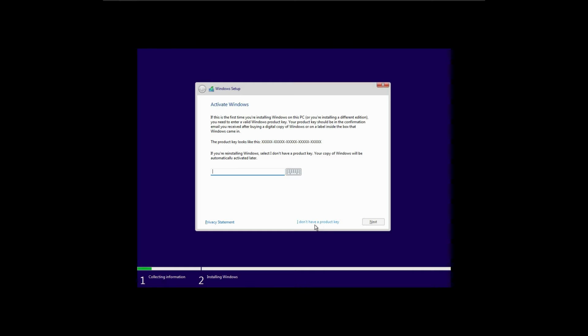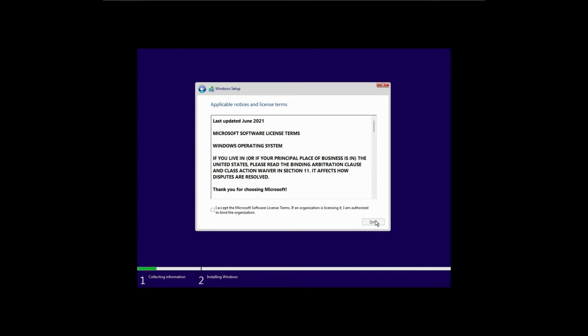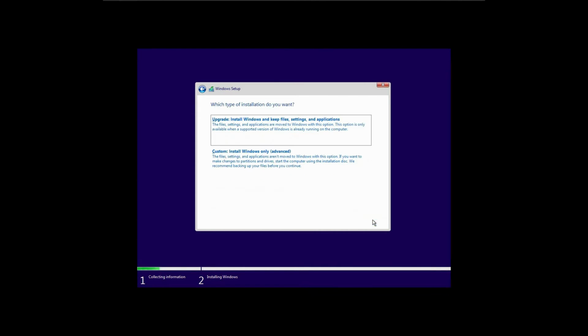Here just click on I don't have a product key, and here there are different versions of Windows 10. You can choose the one which you want to install, and here just accept all the terms and conditions and then click on next.